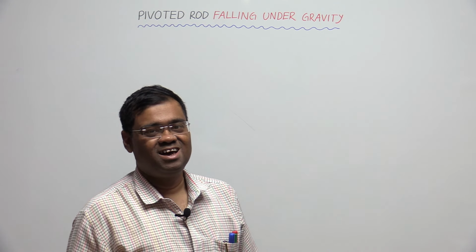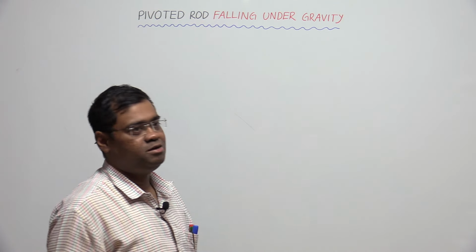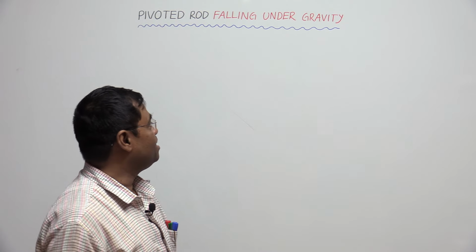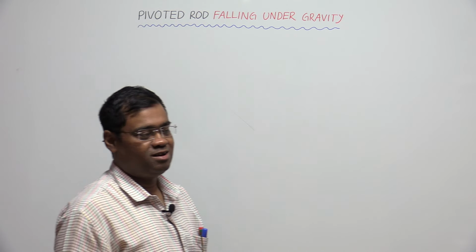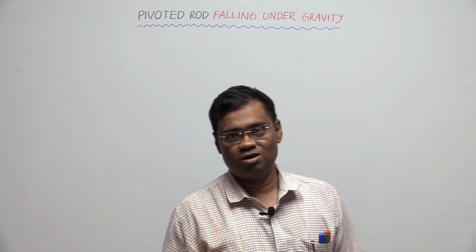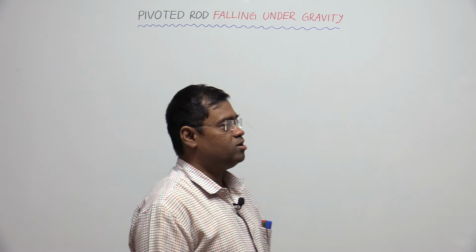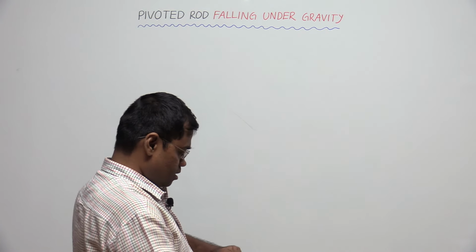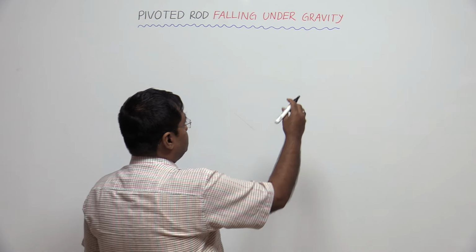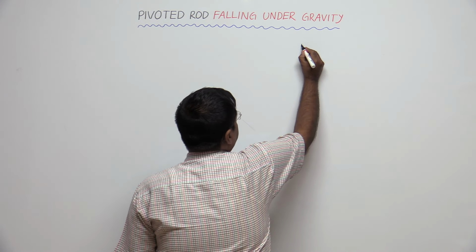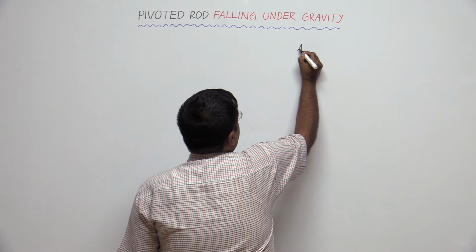Hello students, today we will discuss a very conceptual and important problem, that is, as I have written, a pivoted rod falling under gravity. Now let us see what the situation is. Let me take a hinged or pivoted rod, this be the pivot,